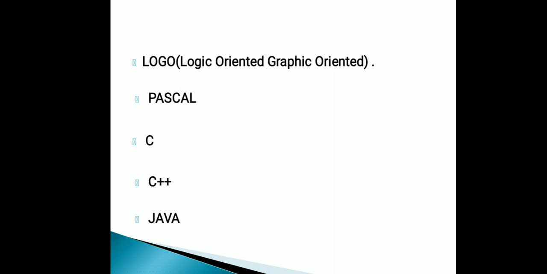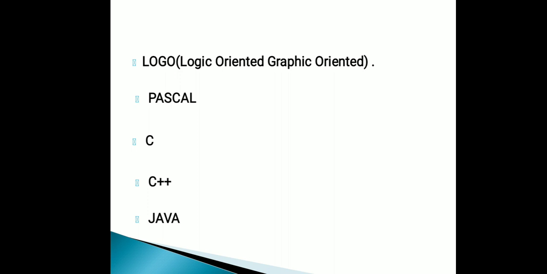So what is the purpose of designing Logo? This language is designed for children to learn how to instruct the computer to draw pictures. So this language is used for designing, drawing pictures, and also for some calculations. Most of the commands in Logo are used to draw pictures. Understood? So Logo is for drawing pictures and for simple calculations.